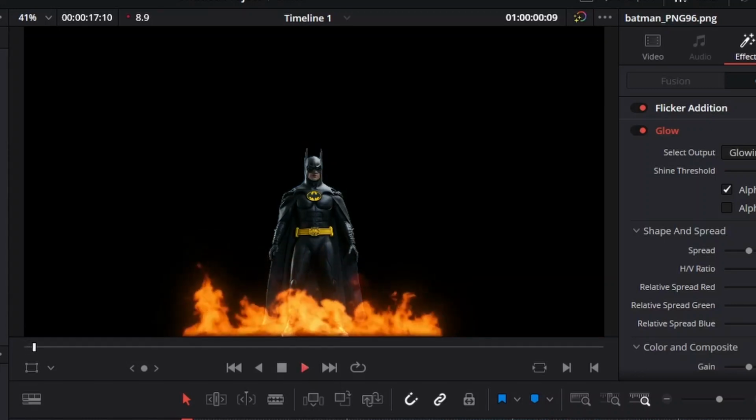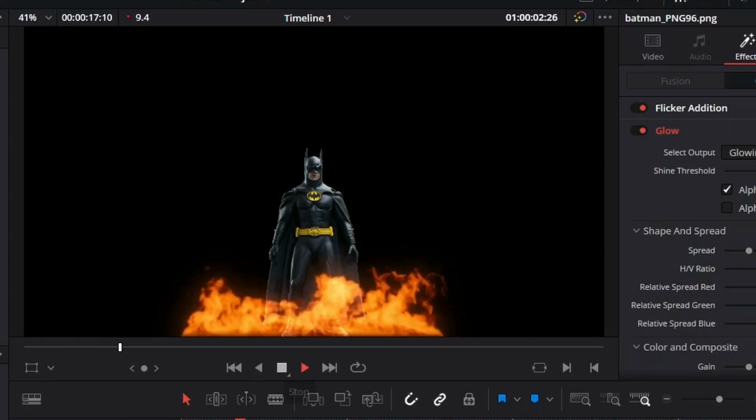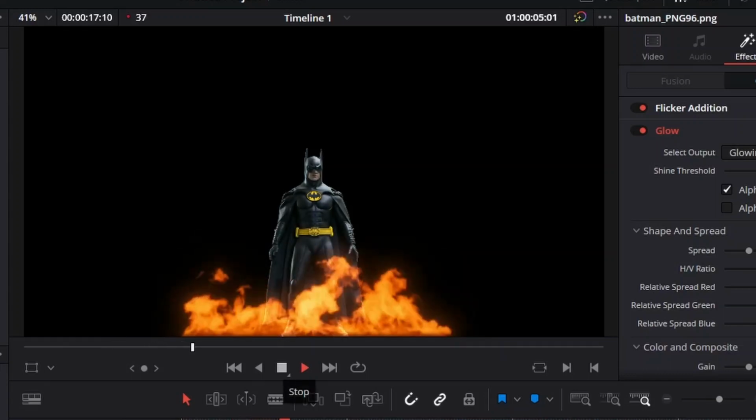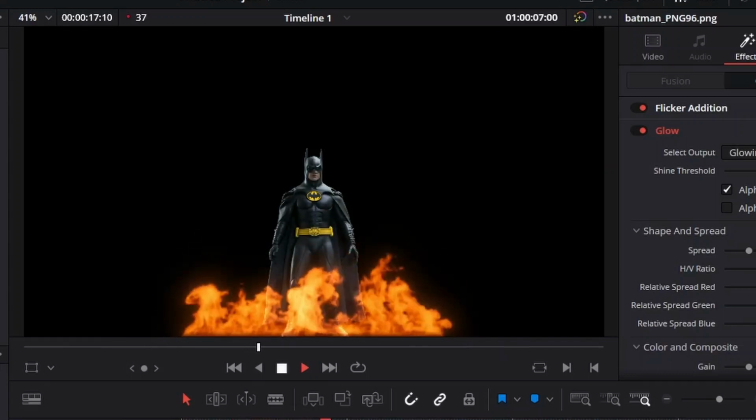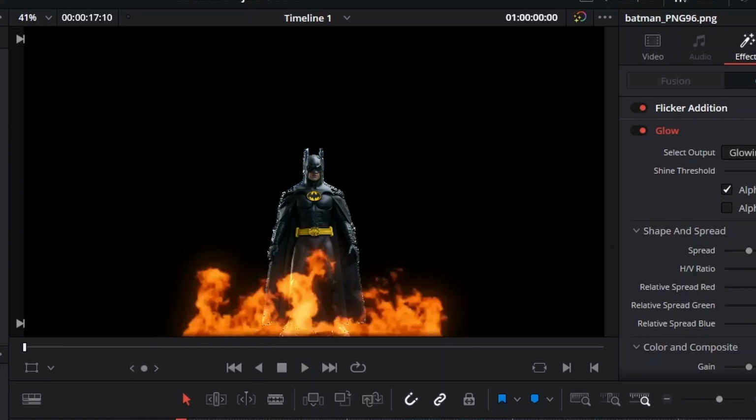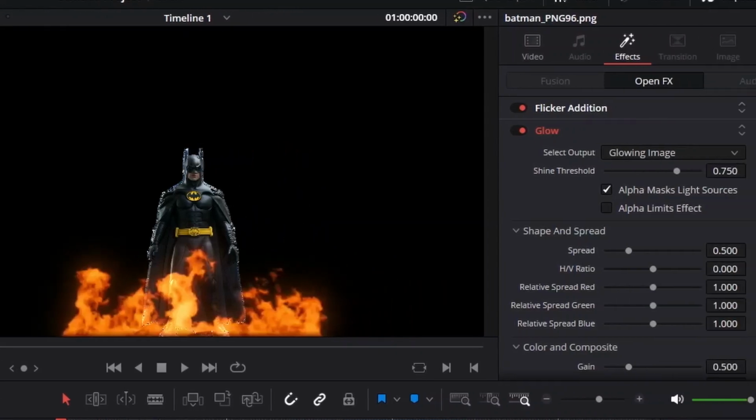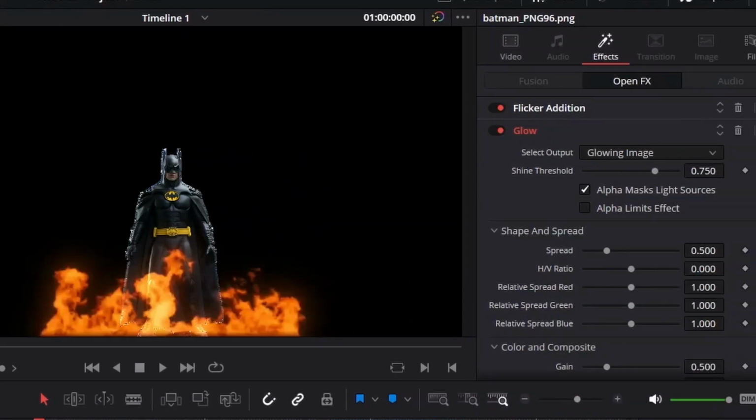It's just for some reason it's there when the timeline is still, but it's not there when the video is actually playing. So anyway, we have glow now added to Batman, and glow is also in the effects section in the inspector tab. So you have flicker edition, and then right below that you have glow. And again, like the flicker edition, like anything that's in the inspector tab, you can alter and edit the parameters